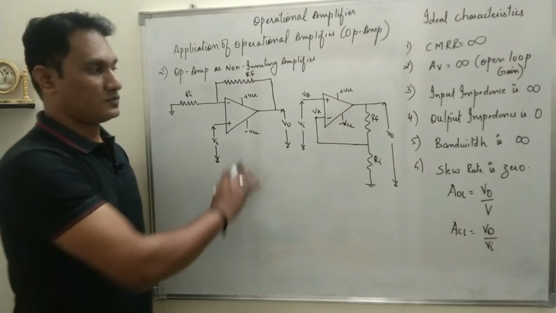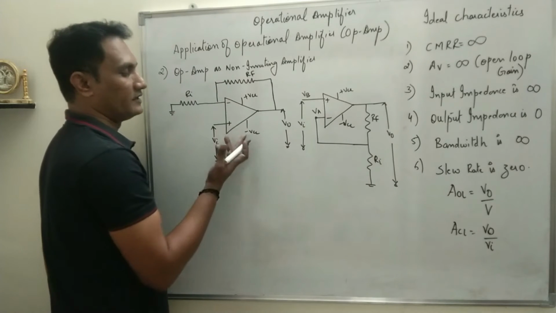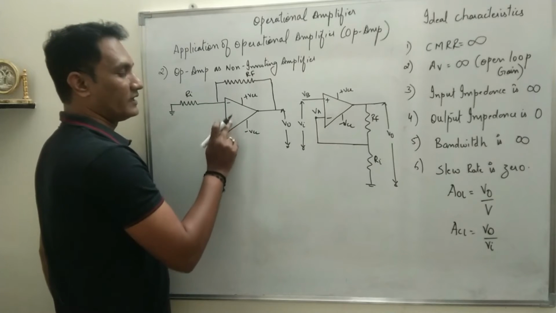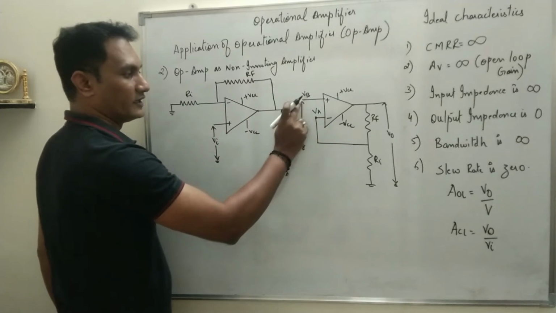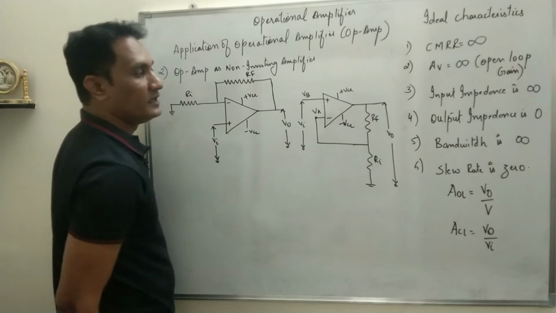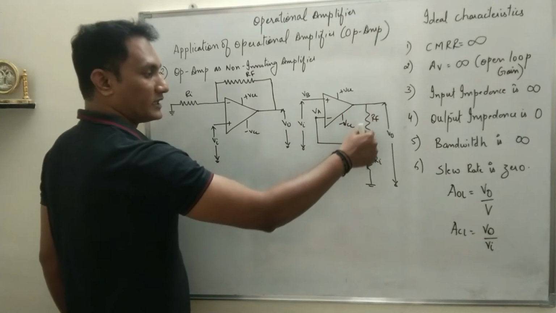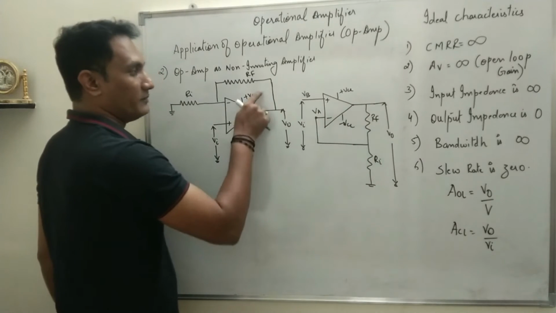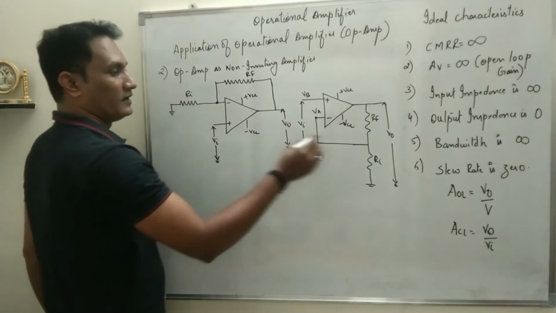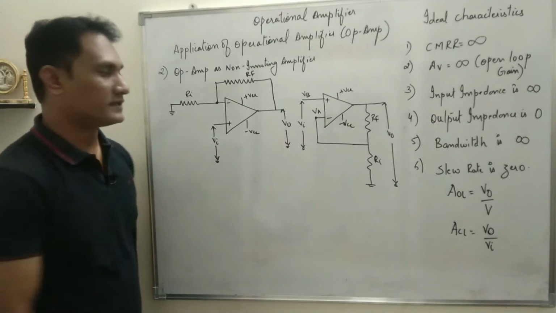Just look at this. I've just inverted the position of the terminals, inverting and non-inverting terminal. Now, we have given input with respect to ground. So that is what I've done. I have the potential at this point, say VB, and some part of the output will be connected back to the input through a feedback resistance. This is the RF, and this is the point from where Ri is going to ground. So this is the same circuit.